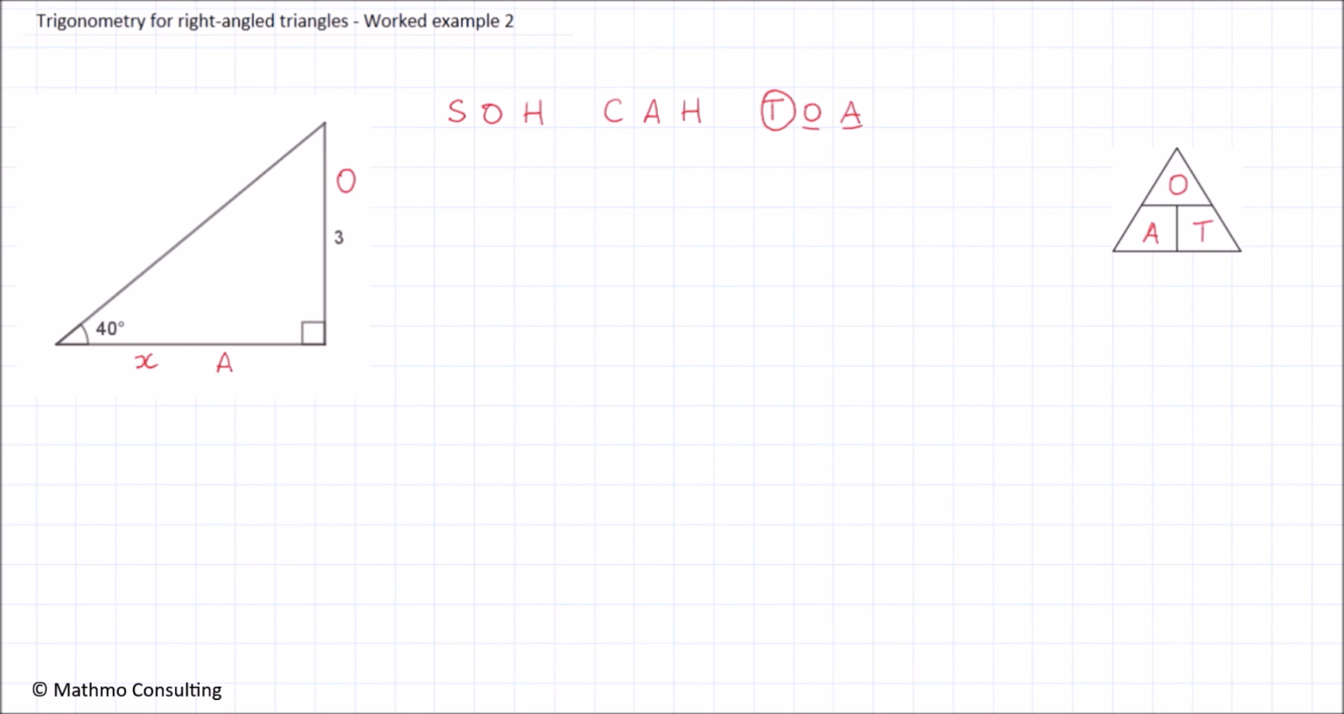Now because we're looking for the adjacent side, the helper triangle tells us that we need to divide the opposite side by tan of the angle, because the O is sitting higher than the T. So I'll just write down that relationship here. A is equal to O divided by tan of the angle. And that means in this case, x is equal to 3